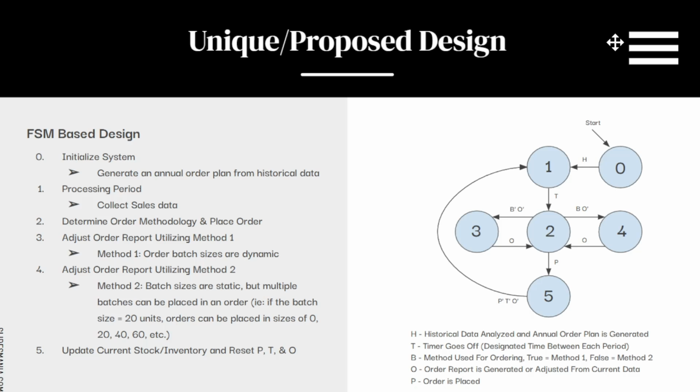So we have that historic data and the historic orders, and we look at those historic order predictions, and we say, hey, there's some inconsistency between our current data and our historic data. Let's adjust our order predictions right here so we're able to provide sufficient stock for the incoming demand. So we can do that, and what we do is we can place our order, and then we go to state 5, and once we have state 5, we can update our current stock and reset our PTO tags.